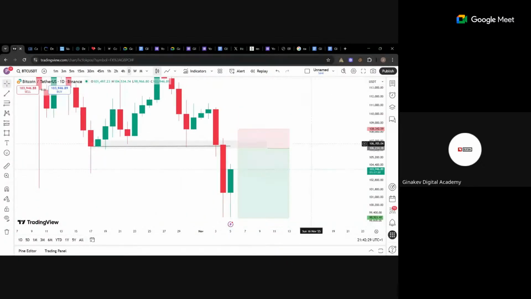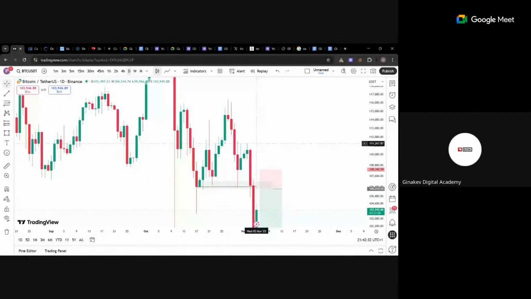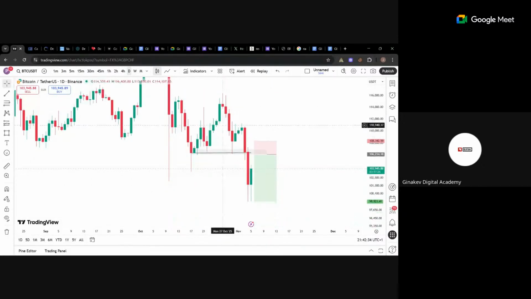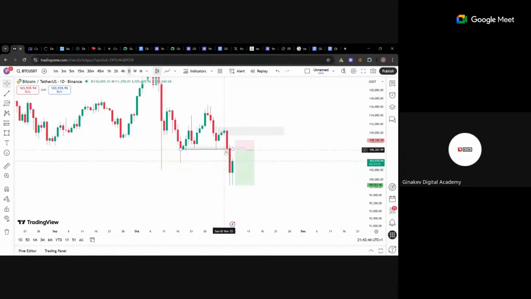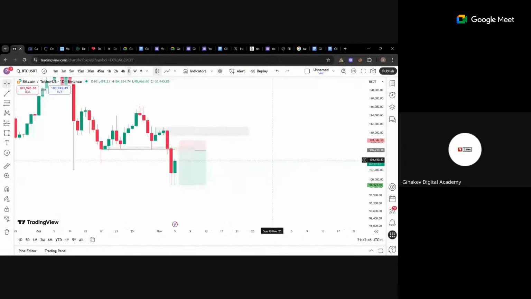Ideally, most people will be like, oh, this is where the break of structure happened. And I mean, it could be there. Who knows? I'm actually not taking cognizance of it, right? It could be here, but from what I'm seeing,